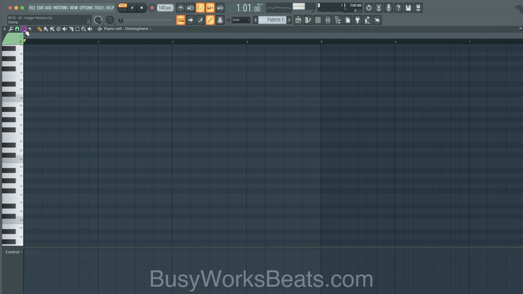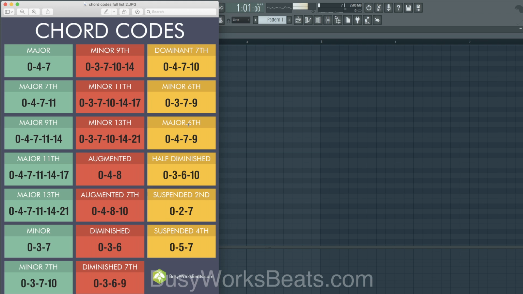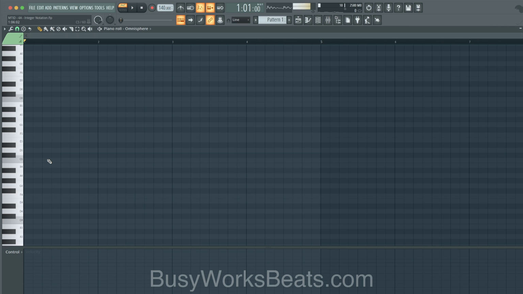Without getting into the weeds of everything, that's why this is so important. So let's get into some more complex stuff. For example, once you understand that a major triad is really 0-4-7, you can pivot off of that, because I teach the major chord is basically the foundation and the mother of all chords. So for example, we can start, let's do B.